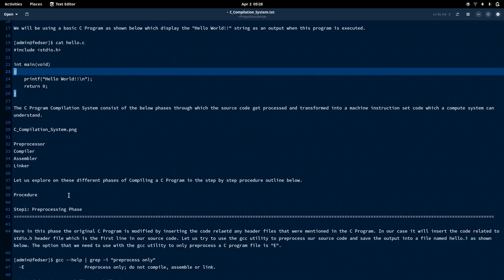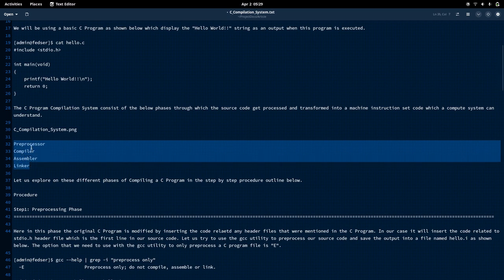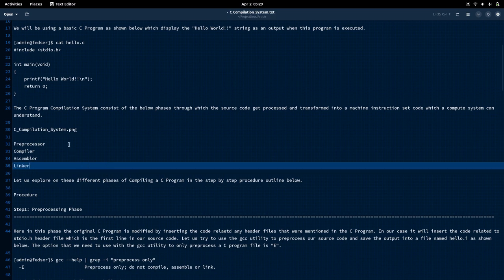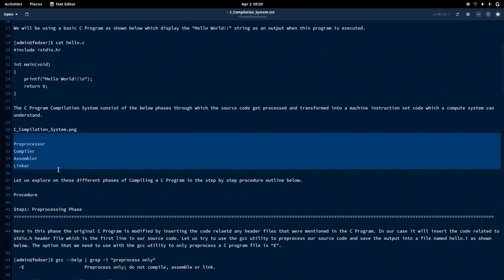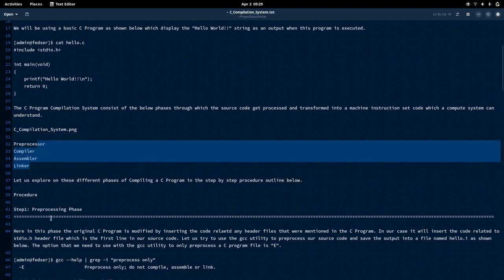As you can see, these are the 4 phases your C program goes through: preprocessor, compiler, assembler and linker. Here we are going to go into a more detailed understanding of these 4 phases.